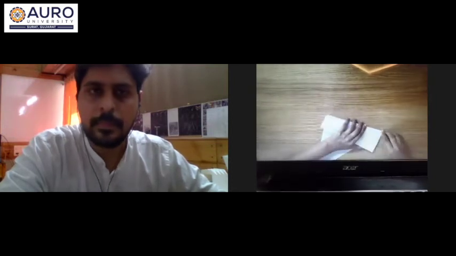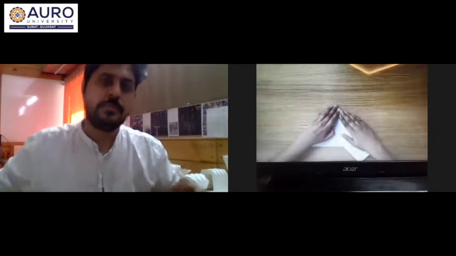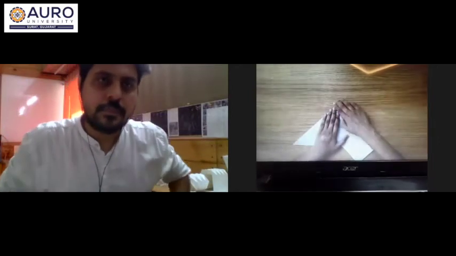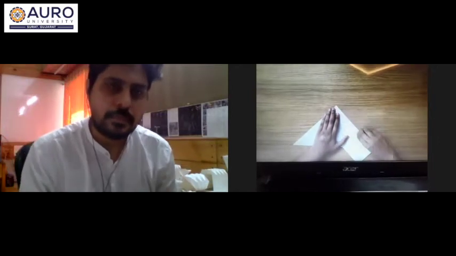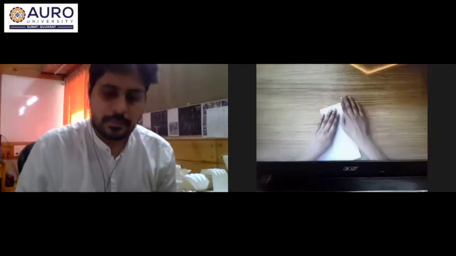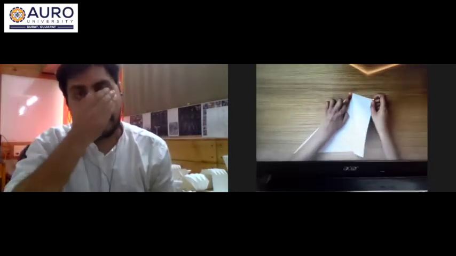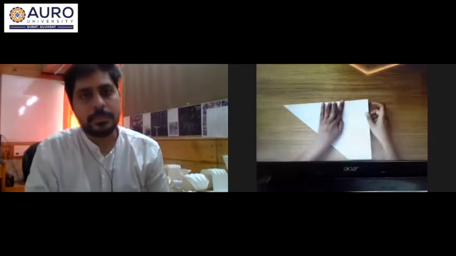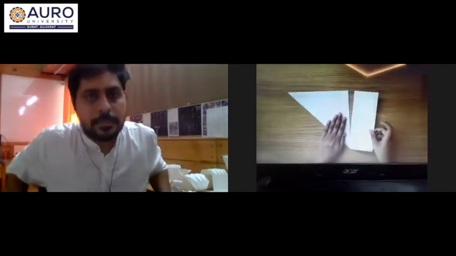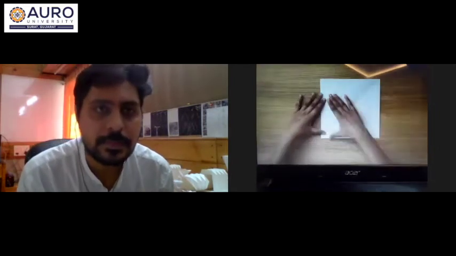You can understand this. I just took one A4 portrait paper and I'm just making it square. I removed the extra part. Now it's square.